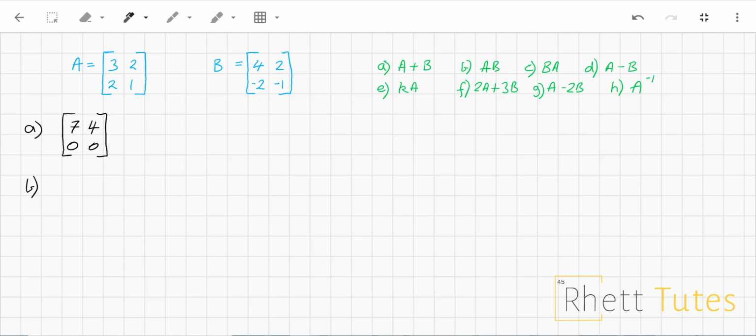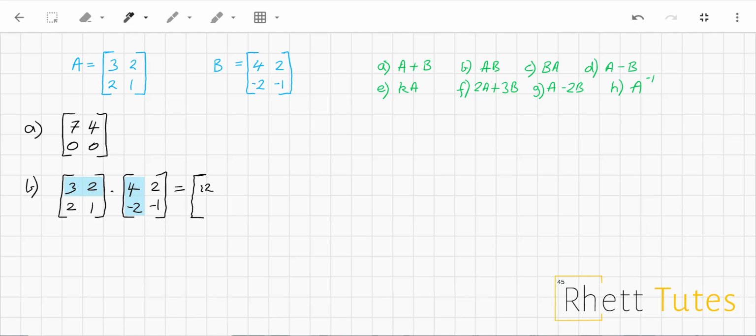For part B, I want to find A multiplied by B. So I'll just write this out. I have the matrix A, 3, 2, 2, 1, and I want to multiply the matrix B, 4, 2, negative 2, negative 1. The way matrix multiplication works is I take the row of the first matrix and multiply it by the column of the second matrix. In this case, 3 times 4 will give 12,